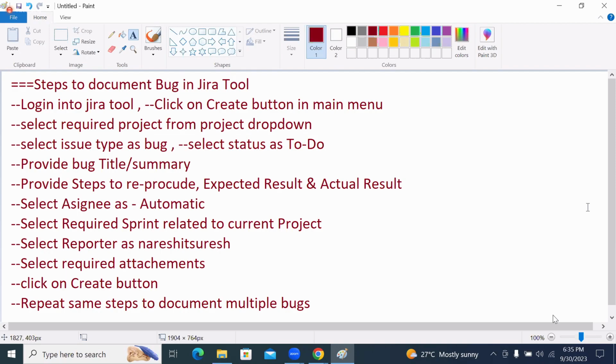You have to practice test cases, test execution, and bug reporting. If we get comfortable with test cases, in a similar way you can document test scenarios also, but